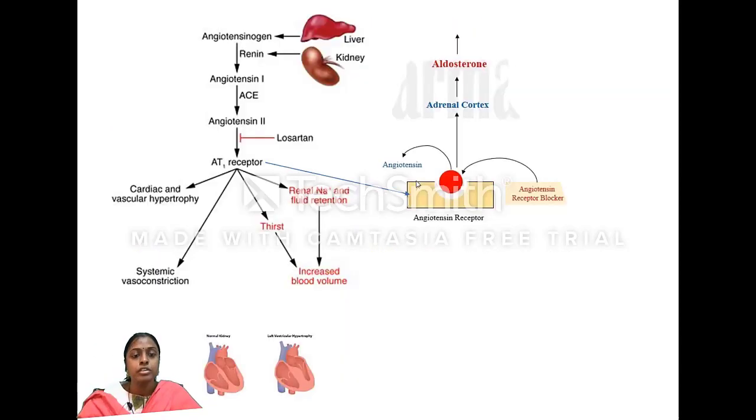For example, if you see here, the actual walls are like this. So what happens if the walls are thickened? Here the ventricular wall got thickened, isn't it? So when blood is pumping, this wall can pump blood sufficiently, but the left ventricle, or right ventricle, can't pump blood sufficiently, because as it got thickened, there won't be sufficient blood supply to that ventricle. Even blood won't fill in that ventricle properly.